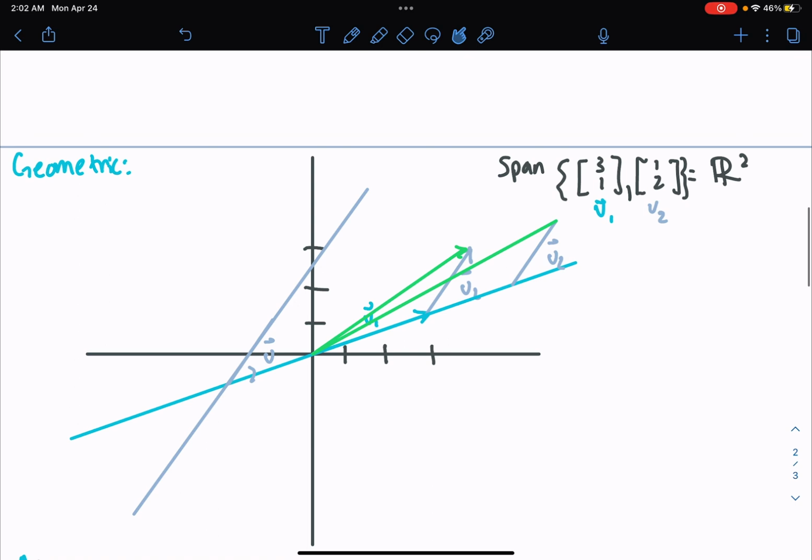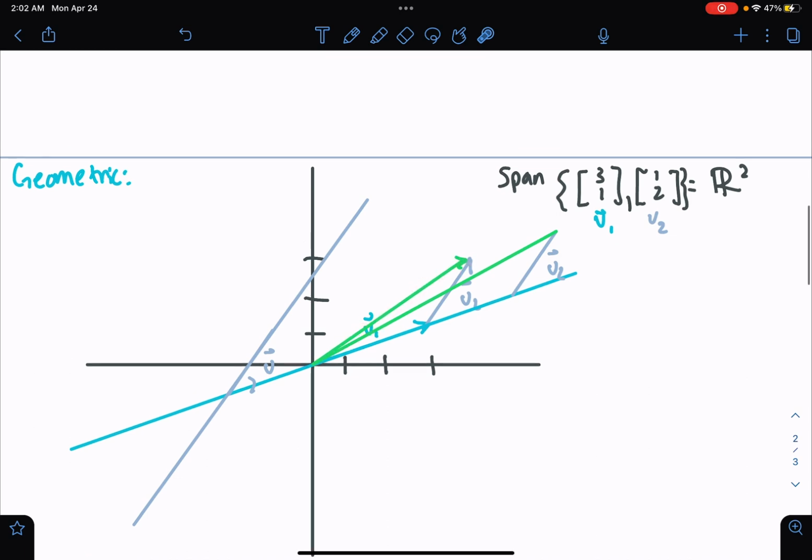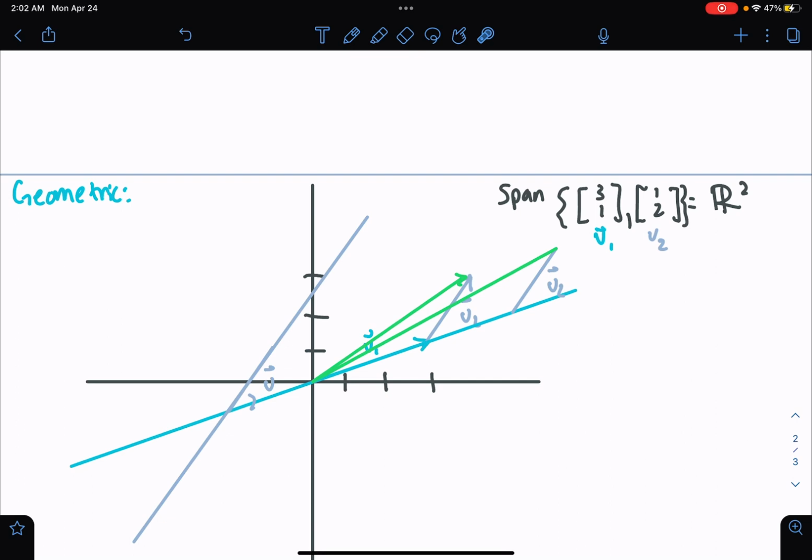So I went out and drew out some of these vectors to start. Right here, this is the vector (3, 1), and I added the vector (1, 2) to that. And then this green vector represents that linear combination. So that's just one possible combination of the two, but we can go ahead and add